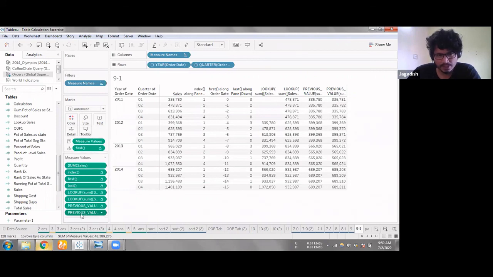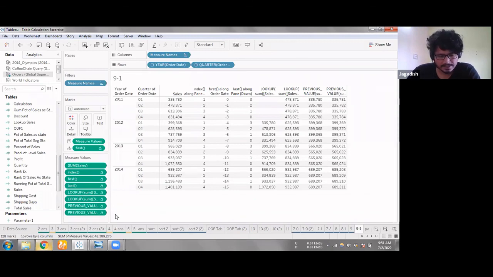Very rarely do we use this. Especially in Tableau dashboards, whenever there are sequences where a particular nth term is derived from the (n-1)th term, in those kinds of calculations you use previous value. It will be more helpful, and the lookup function will not help you.